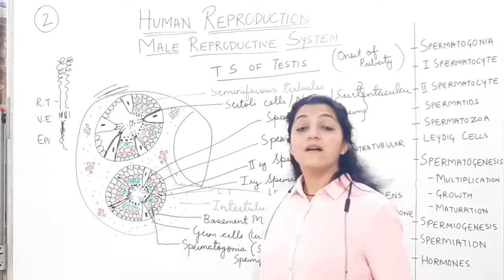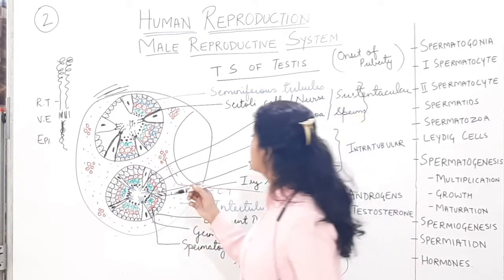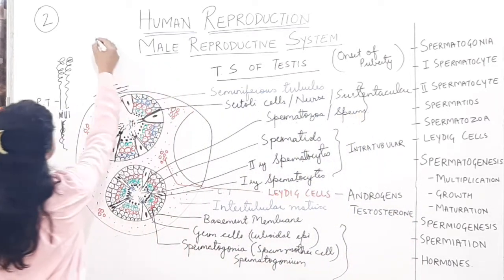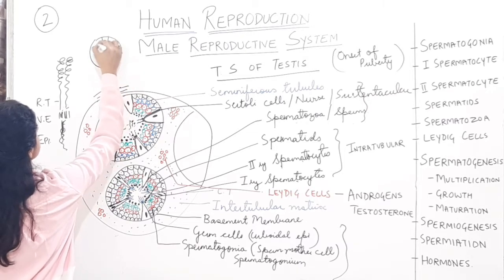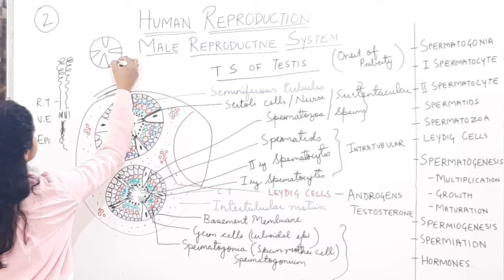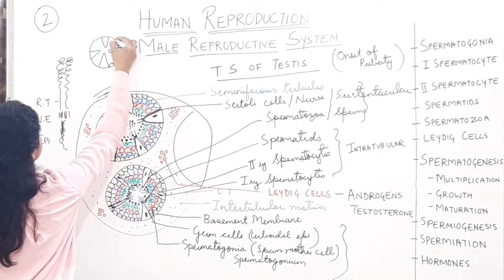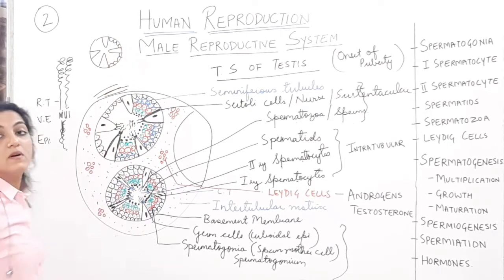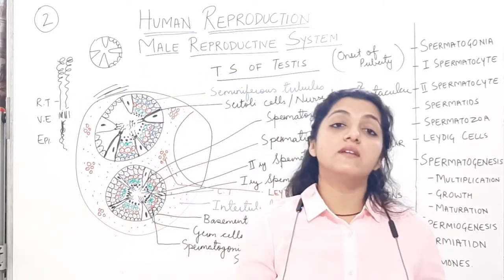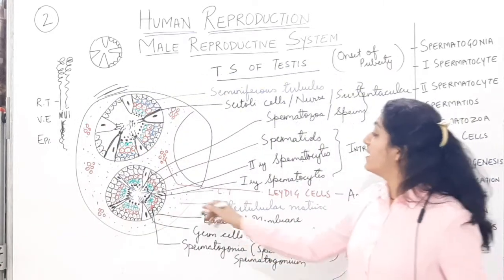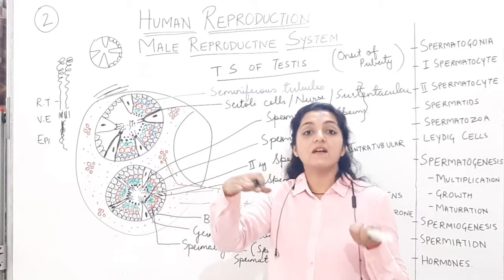Alright? Or it is like a pizza also. Just have a circle like this, which is having these things cut like this and then cells in between. So that is the way you can remember drawing this diagram. Very easy. That is the transverse section of the testes. You have to remember that this is the seminiferous tubules, we have cut it like this.